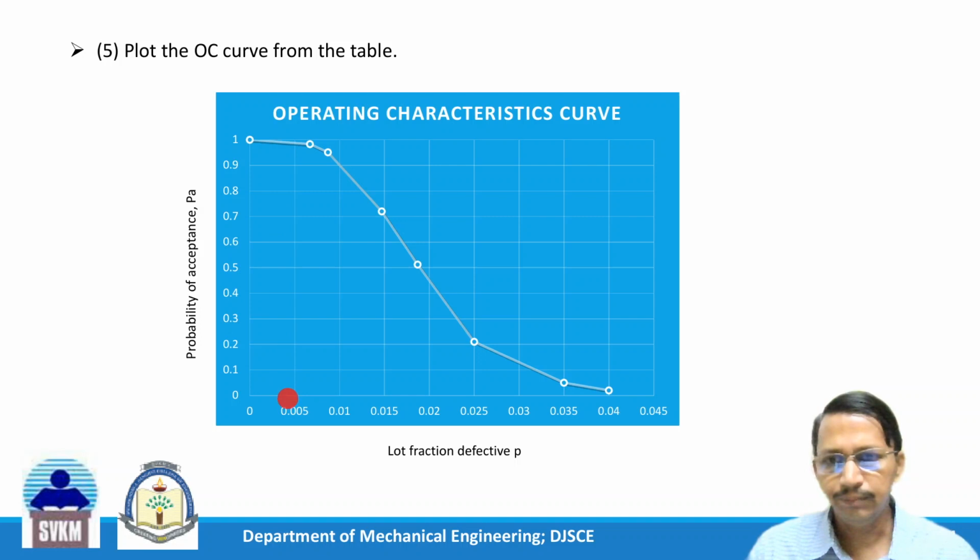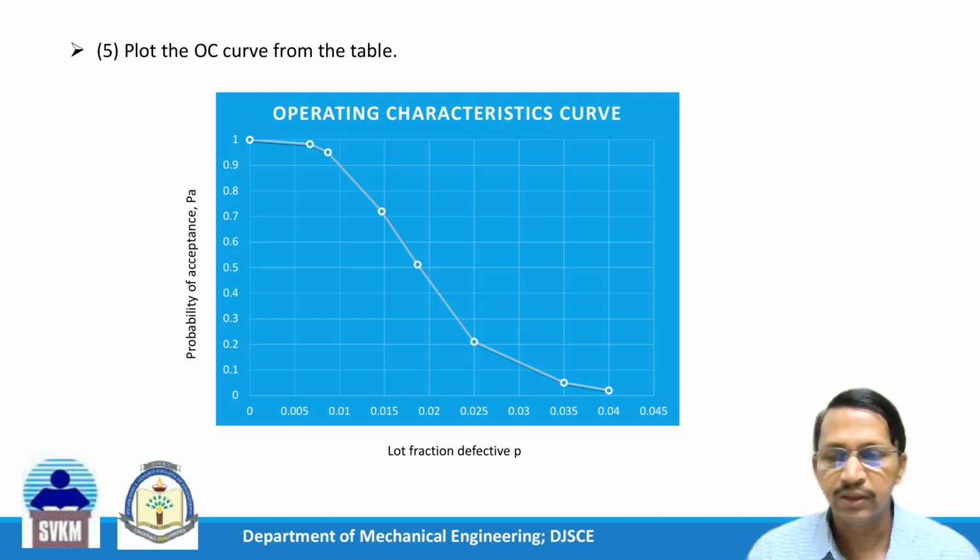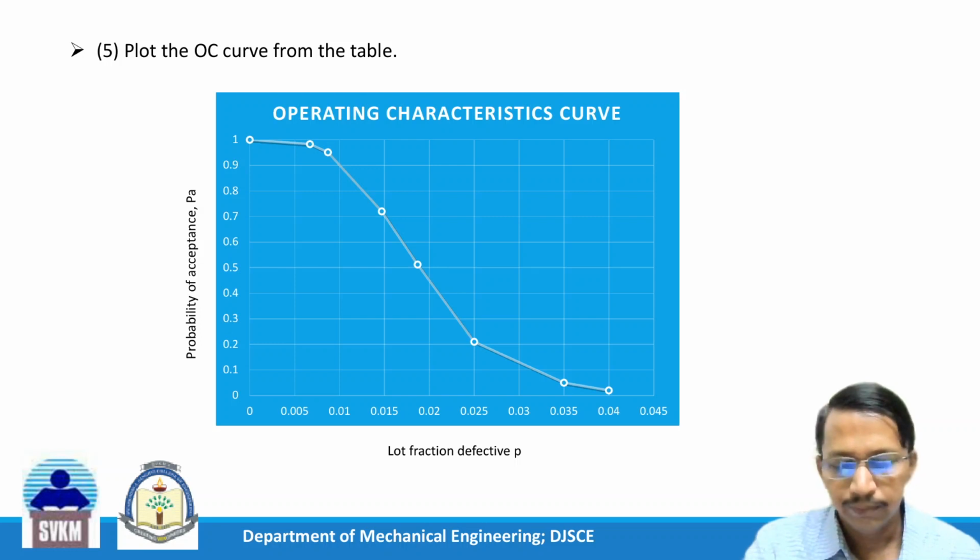You can see here, you can refer our points and join these points with a freehand curve. Once you get all the points, you can join them using a freehand smooth curve on the graph paper. So this is the OC curve for the given sampling plan. This is how it is done manually. There are few other methods also using nomogram that we are not going to discuss. We will restrict our discussion to one of these manual methods only, and we'll move ahead.